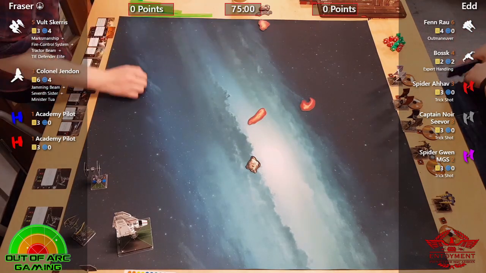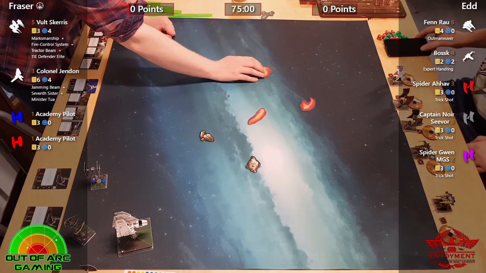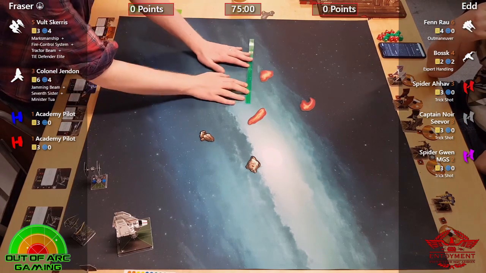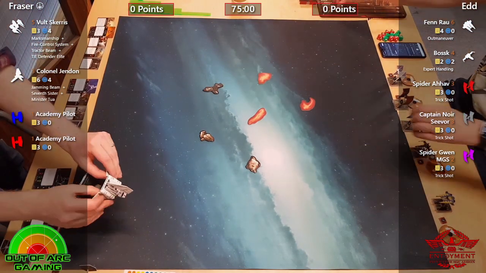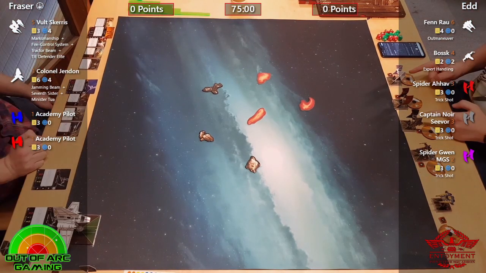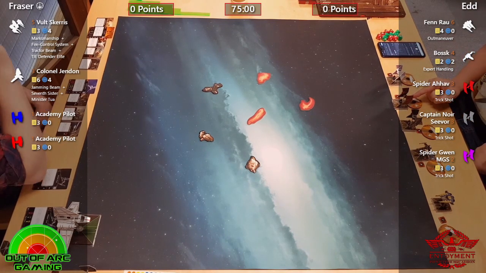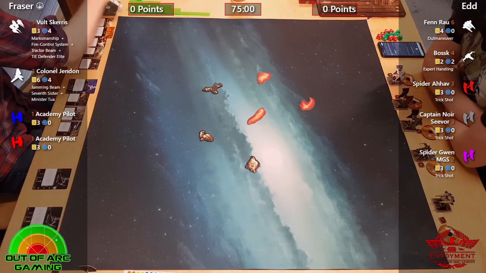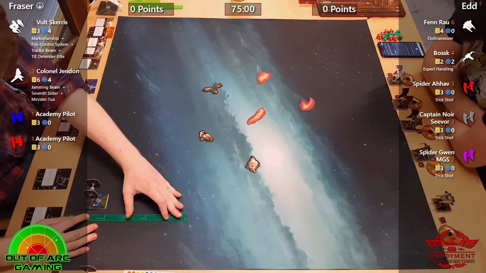We will indeed. So, as I said, we've got an interesting game here. We've got Empire versus Scum. We have Fraser on the left. And seeing as I am a big fan of the Empire, I think I will go through that list. So, what we have is Colonel Jendon in the Lambda with Jamming Beam, Seventh Sister, and Minister Tua. We have Volt Scaris in the TIE Defender, tricked out with Tractor Beam, TIE Defender Elite, Fire Control System, and